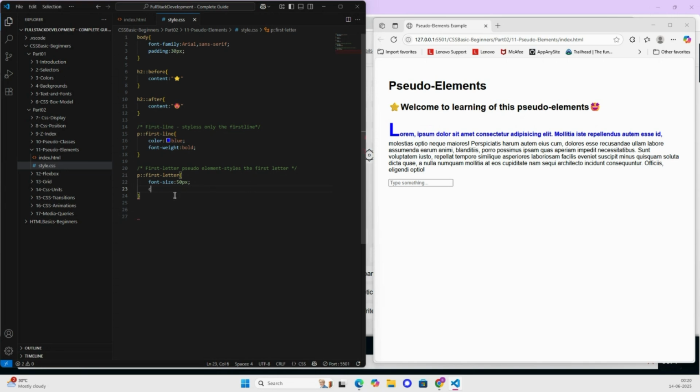And let's set the color for this letter as red. If I want to highlight my first letter, I have used the first letter pseudo element and applied a few properties like font size and color. By using this first letter pseudo element, you can highlight the first letter. Okay, the next one is